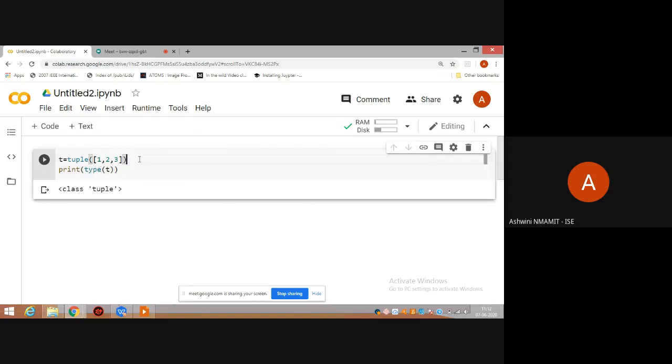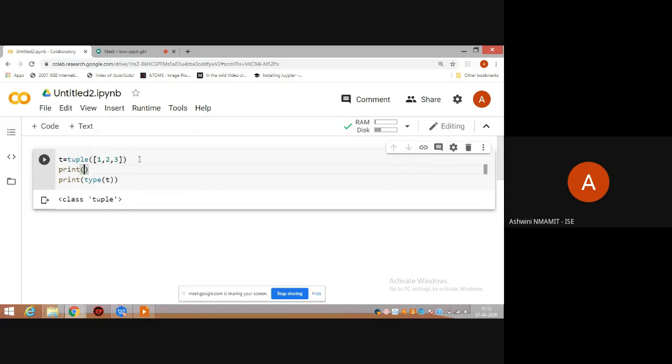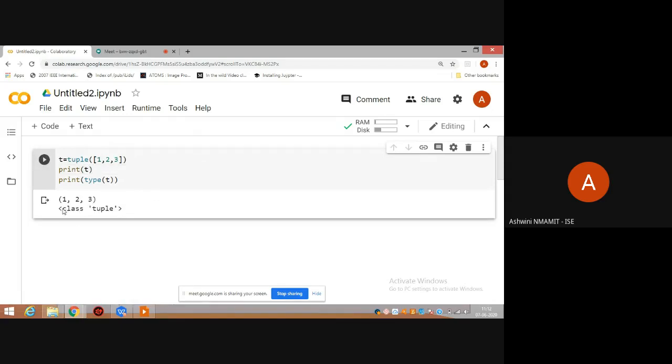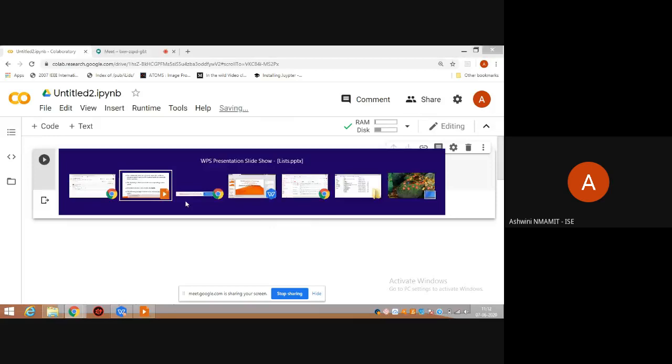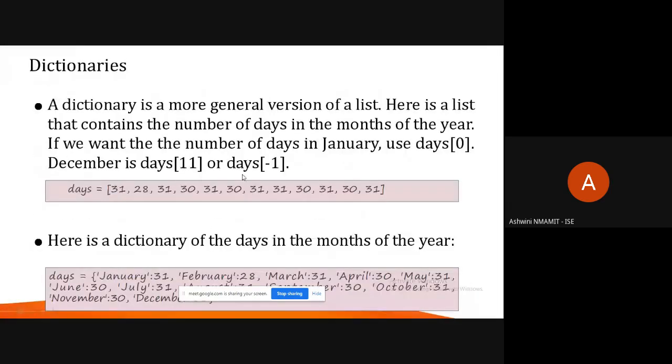Yes, you could see that. See, this becomes a tuple. This is how we convert the list into a tuple. Similarly, I can give a string and then it gets printed as a tuple. Okay. So that is how you can change.